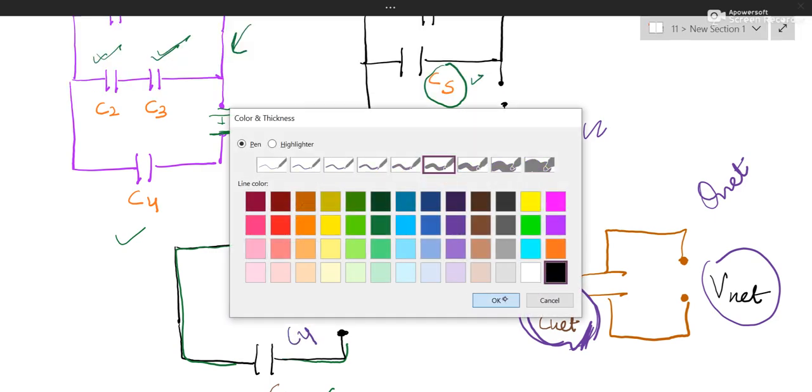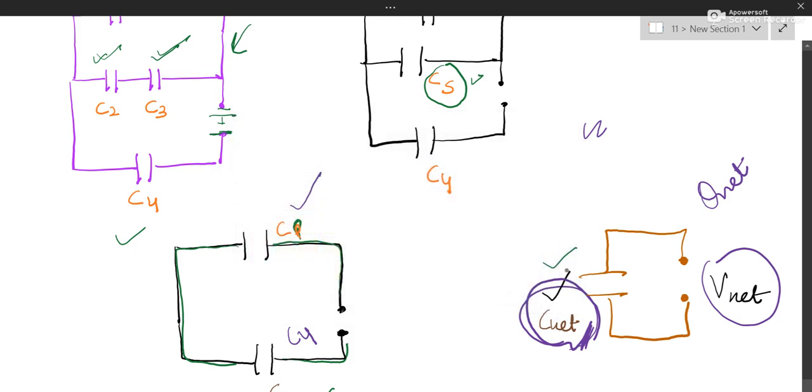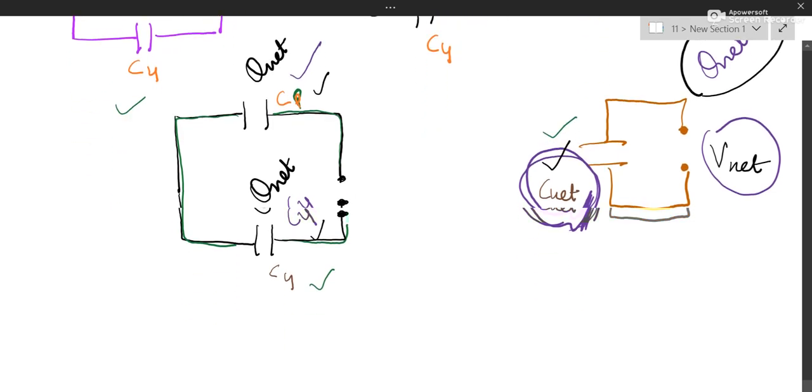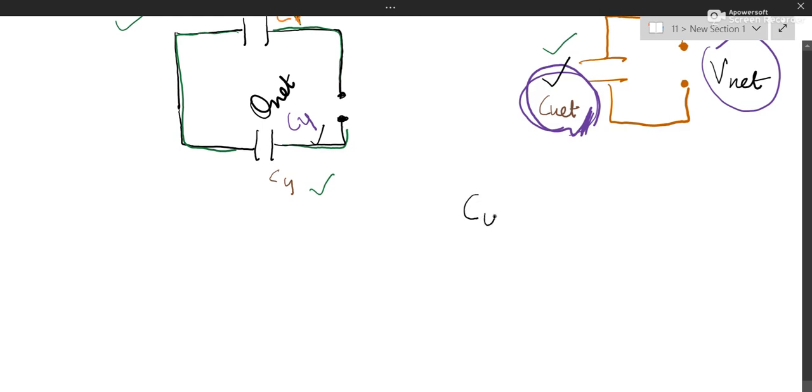So please understand. C net is the answer of two things which are in series. In series, what is same? Charge is same. So you write this Q net, which you have found already, right here and right here. So for the fourth capacitor, let me write here. We have C4 which is given, and we have Q net. So what can be found? The missing quantity, which is V4. Q is equal to CV, so you can find out V4.